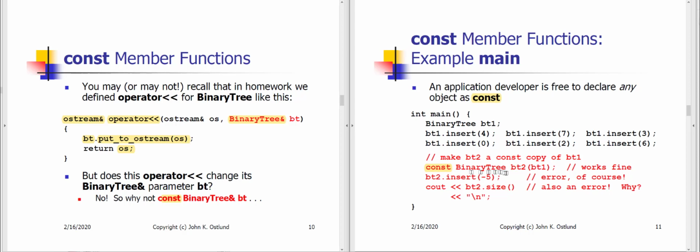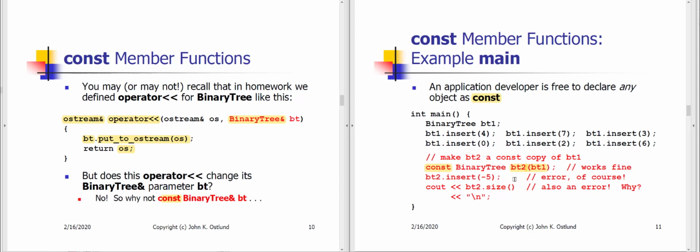Then in the red code, we're declaring bt2 as a binary tree const. We're initializing bt2 using our copy constructor as a copy of bt1, and that all works fine